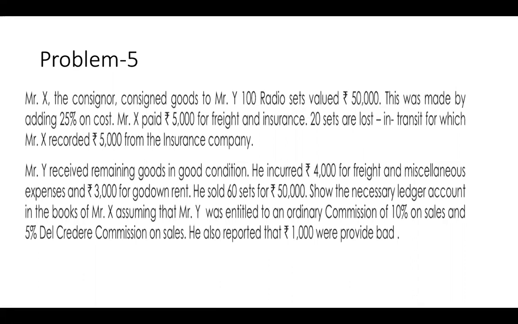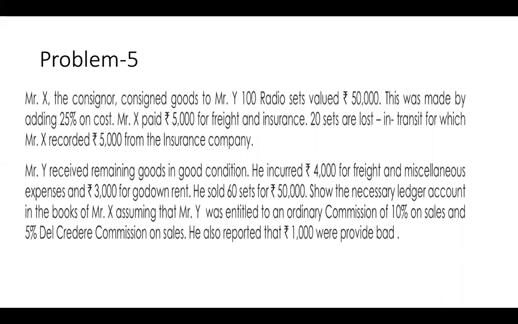3,000 for godown rent. You don't consider this to calculate the value of the goods or stock. He sold 60 sets for 50,000. Show the necessary ledger account in the books of Mr. X, assuming that Mr. Y